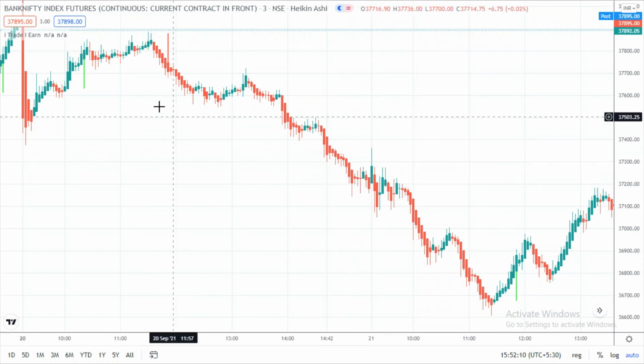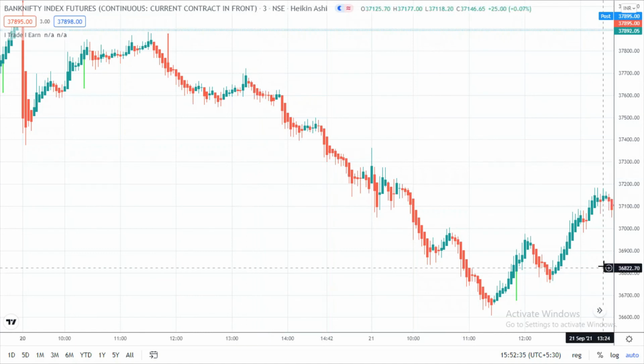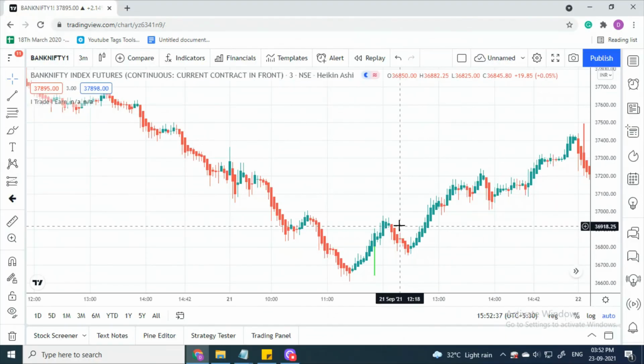So whenever we lose, we lose small, and when we win, we win very big. The ratio is almost, I will say, 1:5, 1:7. So out of 10 trades, if I lose 6 and only win 4 trades, it is more than enough, right? So you can trade, and the same goes for stocks also. The pattern would be the same.